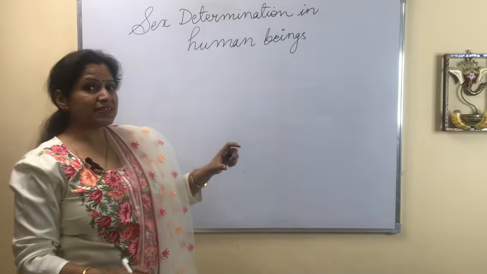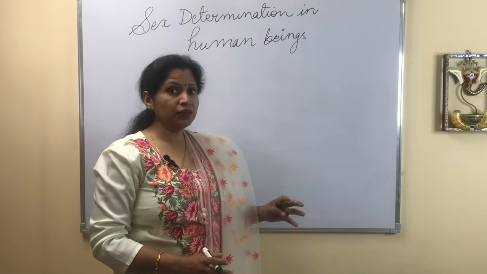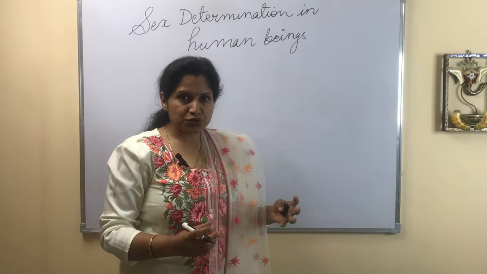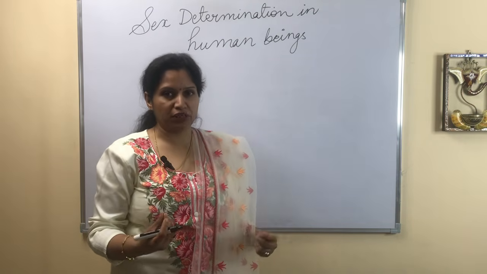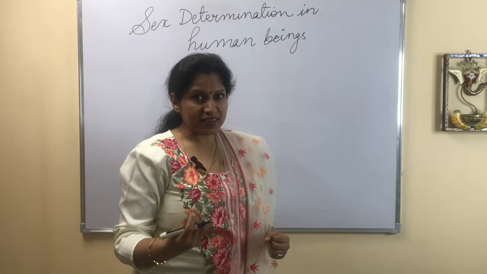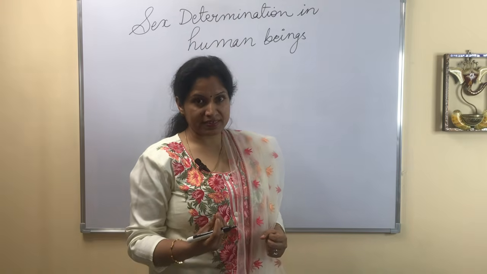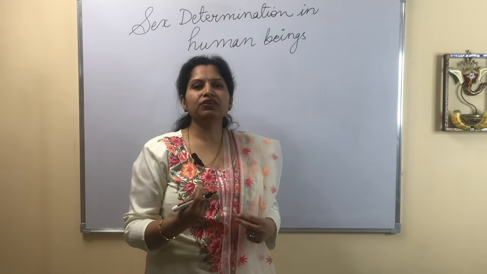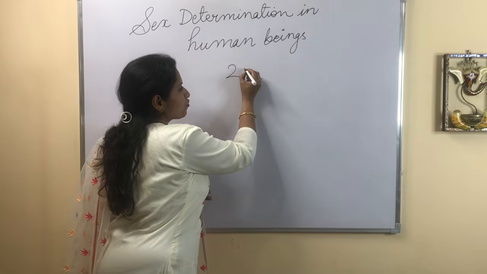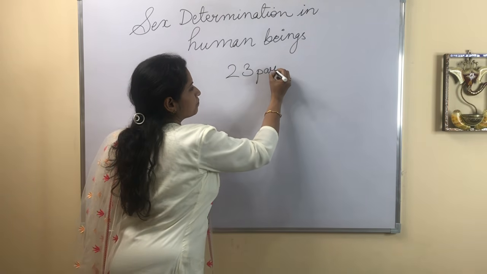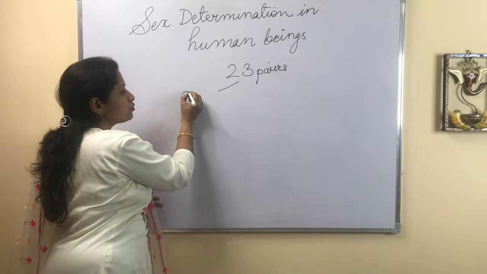ह्यूमन बीइंग्स में सेक्स डिटर्मिनेशन इज डन बाय द क्रोमोसोम्स। The chromosomes contain the genes which carry the information of the sex of the baby. ये बेबी का जो सेक्स है that depends on both the parents. Human beings have 23 pairs of chromosomes. In 23 pairs of chromosomes में से 22 pairs